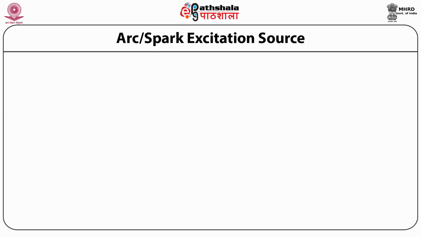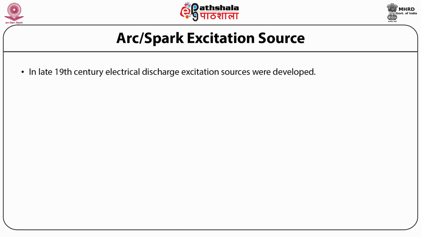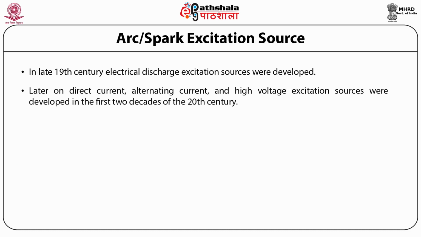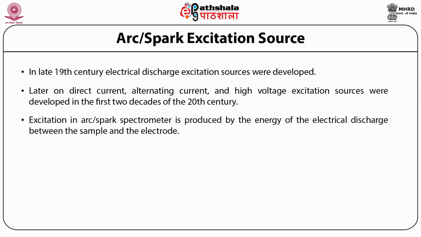Now, the excitation source that's used in arc spark OES. In the late 19th century, the electrical discharge excitation source was developed. Later on, direct current, alternating current, and high voltage excitation sources were also used in the first 2 decades of the 20th century. Excitation in an arc spark spectrophotometer is produced by the energy of the electrical discharge between the sample